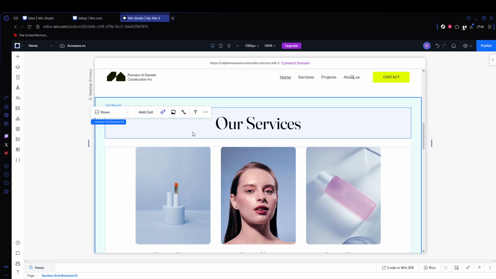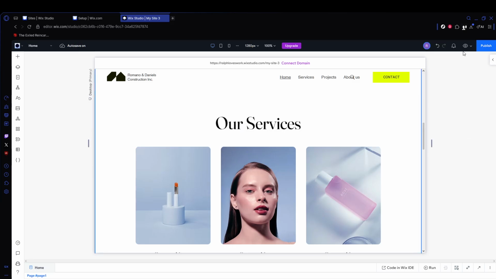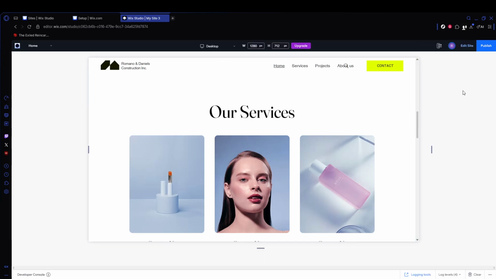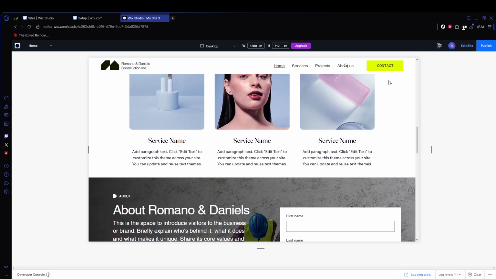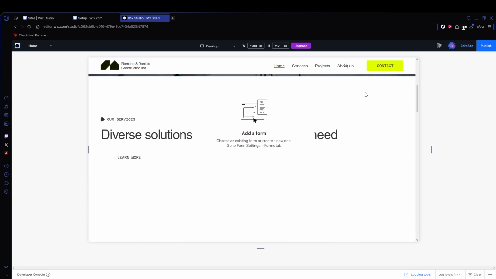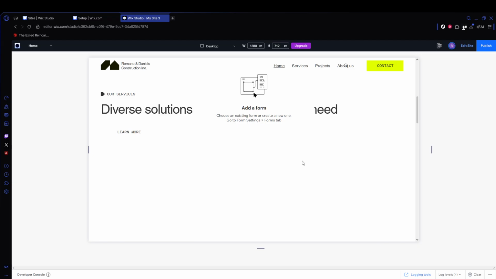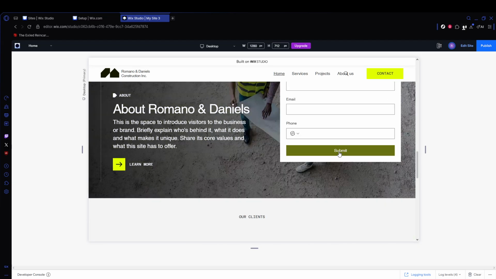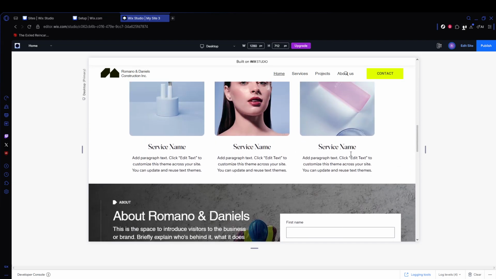Before you publish, preview and test the page. Click Preview, the eye icon, to see how everything looks on desktop and mobile. Make sure the text is readable, the booking buttons are prominent, and the section flows naturally with the rest of